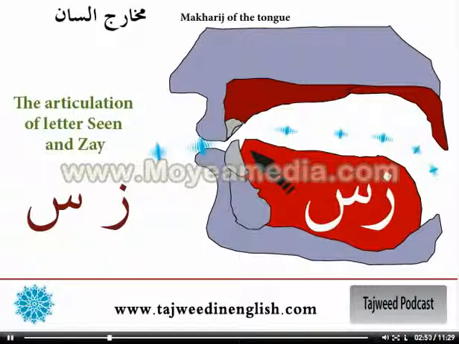But the opposite of the zay and the sin, both of them are istifal. Both of them are empty mouth. Both of them do not use the sides of the tongue to go up to the roof, but they use only the tip of the tongue at the lower incisive. If we look at the lower incisive in the drawing here, the tongue remains on this part only, as you can see. So it doesn't touch, but remains steady, straight, and say as.